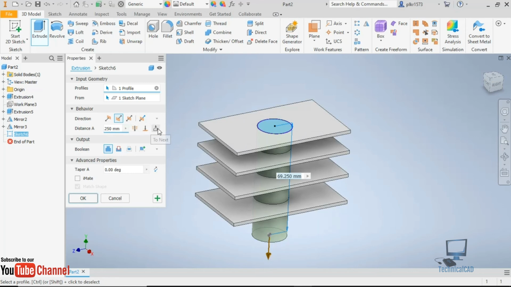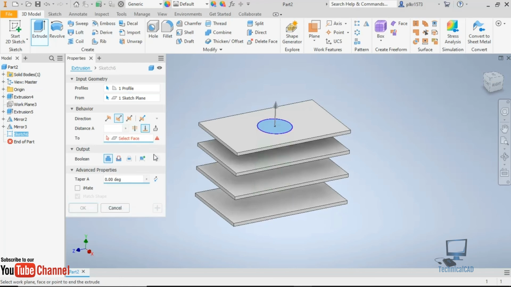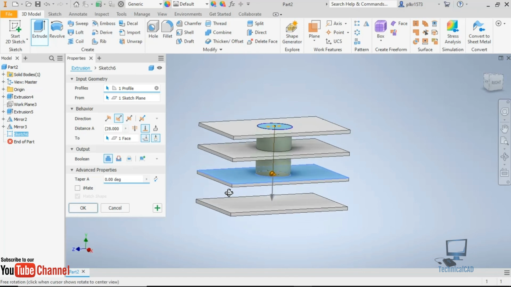Now we have to see these options. The first one is through all. Through all means it will extrude from the first object to the last object. The second option is to. To means we have to select a surface, and it will extrude only up to that surface. See, like this. And here we have one more option called to next.